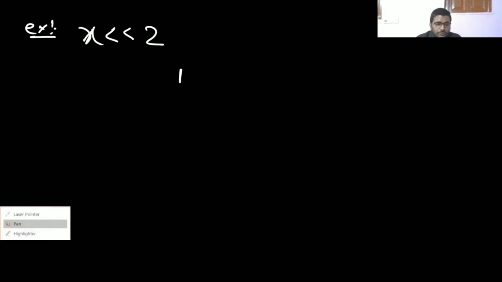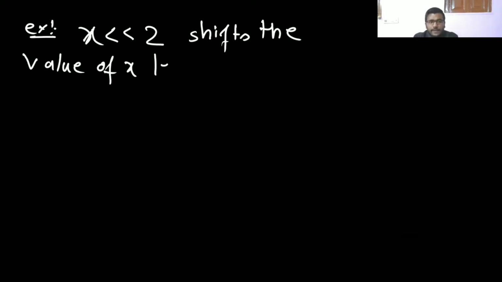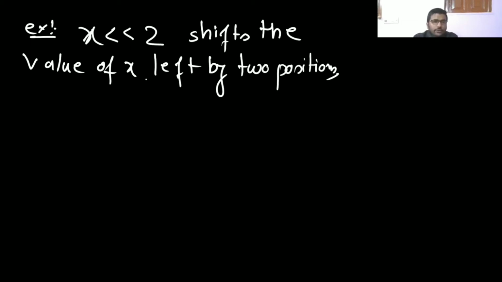Take the example x left shift 2. It is saying that x is the left operand, and you are going to perform a 2 left shift on x. So let me write it first. It shifts the value of x left by 2 positions. It will shift the value of x left by 2 positions,